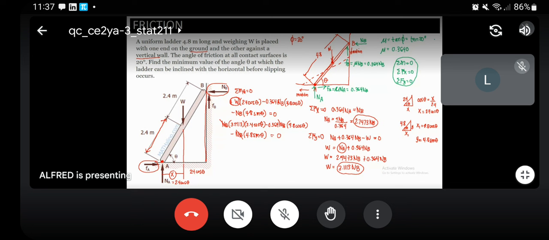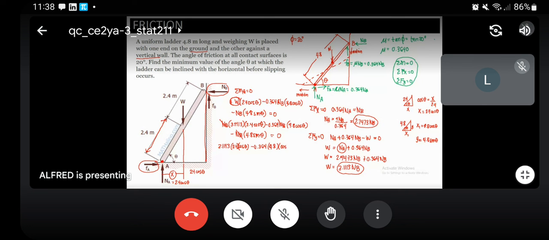Okay? So with that, ilan na lang yung unknowns natin? Isa na lang. Okay? So you can use shift solve or you can use yung long method natin. So what's your long method? So this is your long method. So 3.1113 times 2.4 cosine of theta. So hiwalay ko no, pag hiwa-hiwalayin ko. No, parehas pa rin naman siya, di ba? Minus 0.364 times 0.8. I mean 4.8 not 0.8